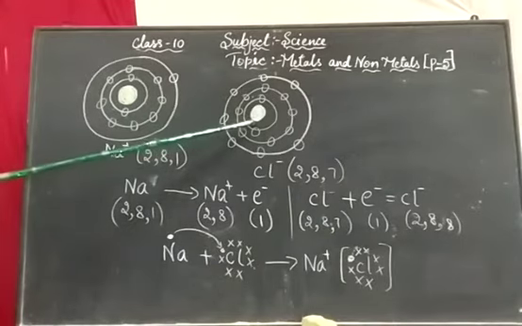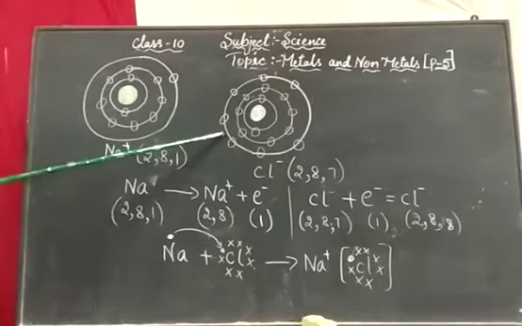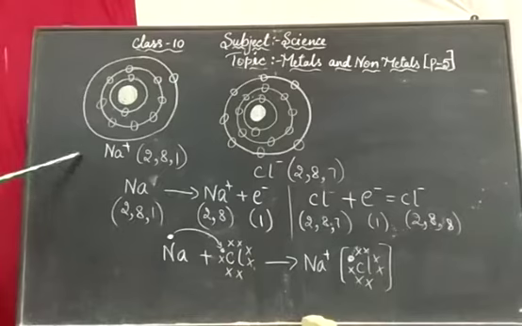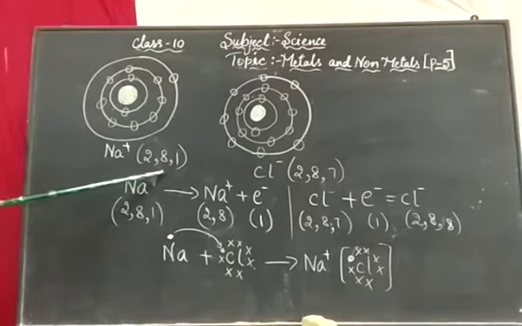Similarly, chlorine has 2 in the first shell, 8 in the second shell, and 7 in the third shell. The stability comes here. For the reactivity, it starts with the stability. To become stable, you had learned that the outermost orbit should have 8 electrons in it. If it is not 8 electrons, then it is not stable. It will be reactive. It cannot stay as it is.